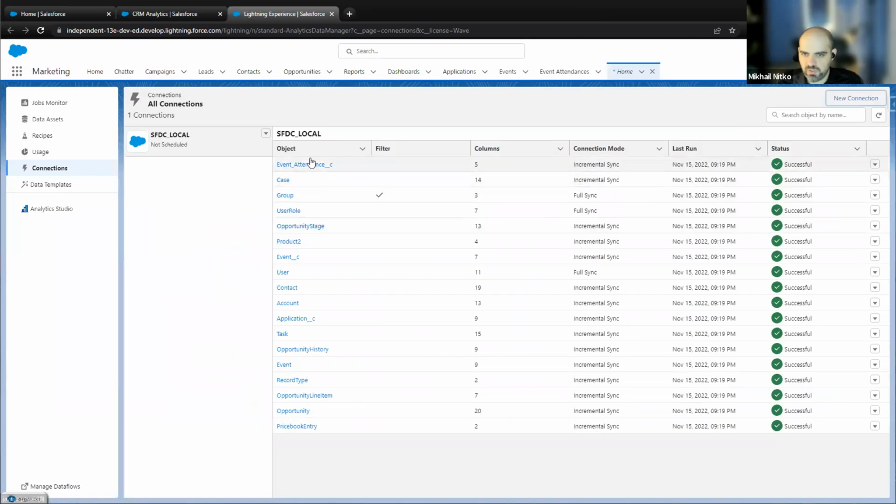For us, our connections are to our own Salesforce objects. So in our case, it'll be events and contacts, which are our prospects, and event attendance, which is the instance of a prospect attending an event, also known as a junction object for those who are more in the developer space and admin space. And finally, we have applications.